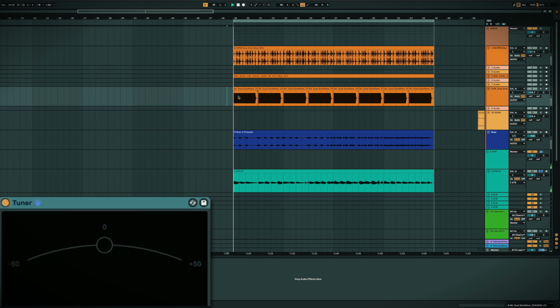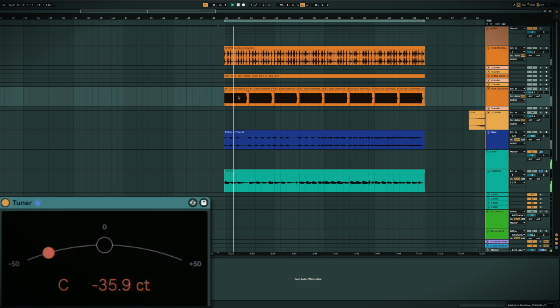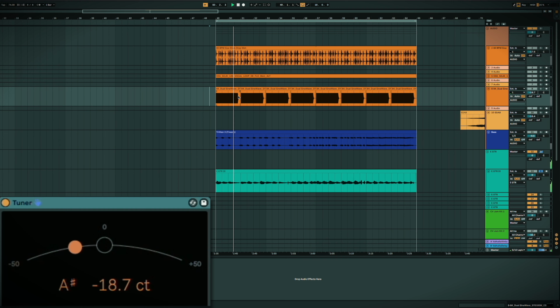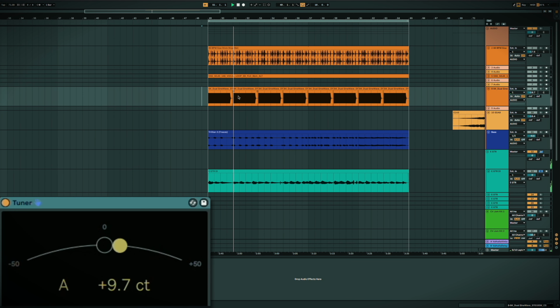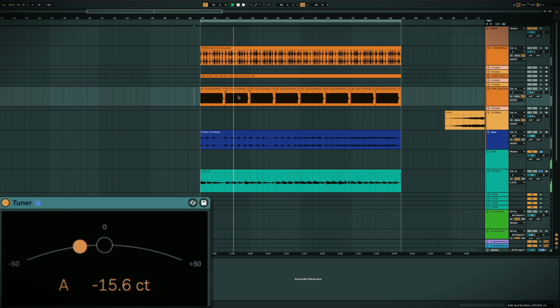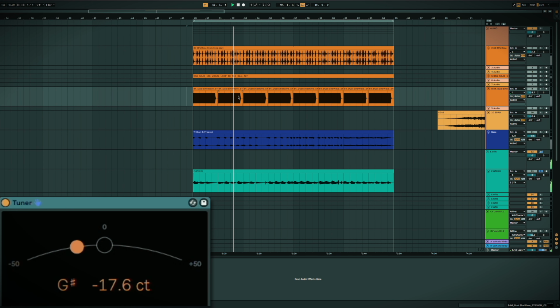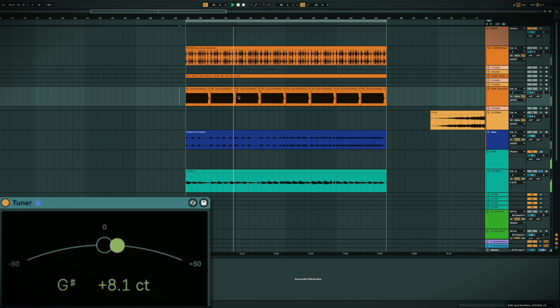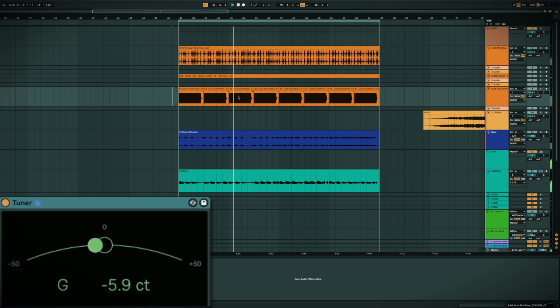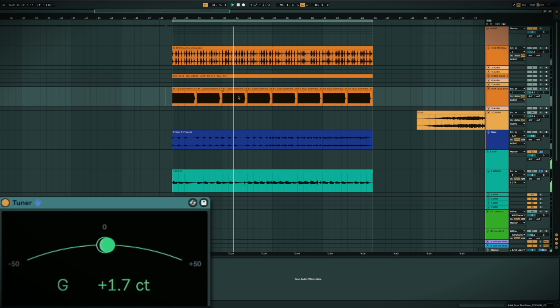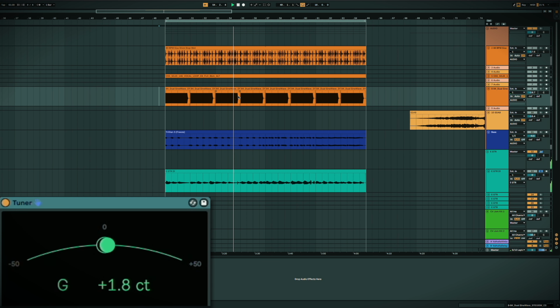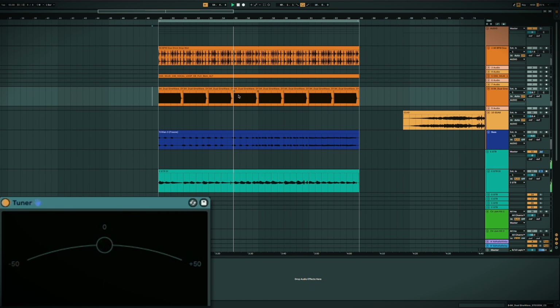So if I play, so I know like this, at least the reference is that it's roughly tuned to G,